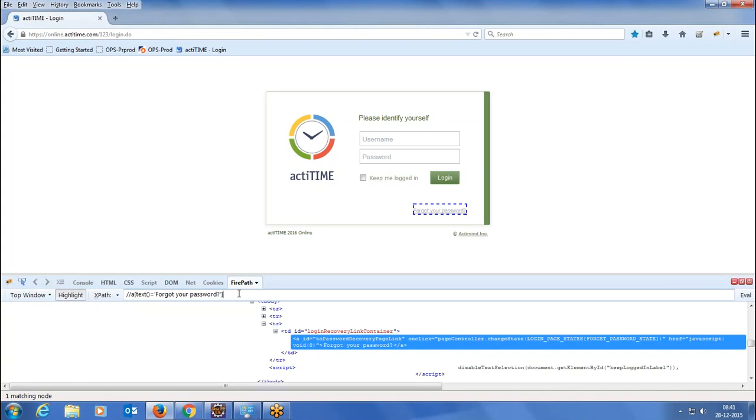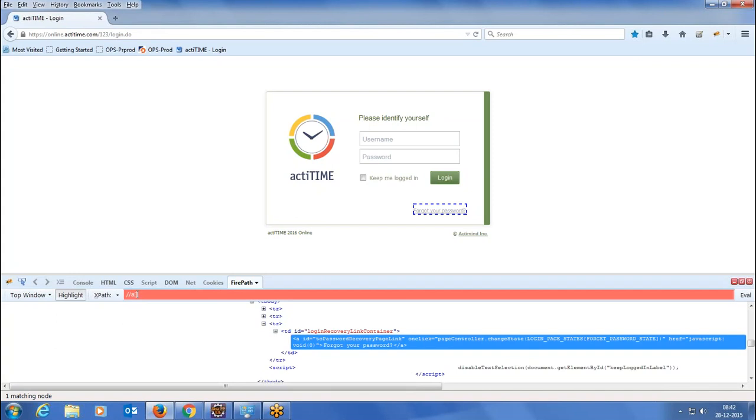But sometimes it happens that the text keeps on changing. Maybe it's not always 'forgot password' or 'forgot your password'. Maybe you may imagine that it's showing your username, something like that. So when the text keeps on changing, you have to use another way. You have to use a method called contains. Contains, and a parenthesis over here.